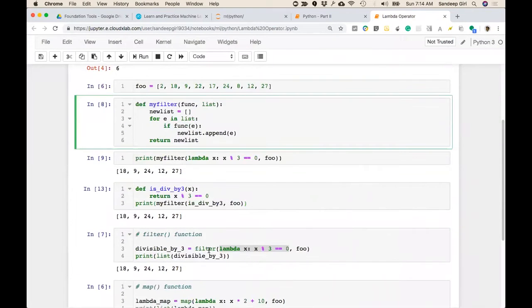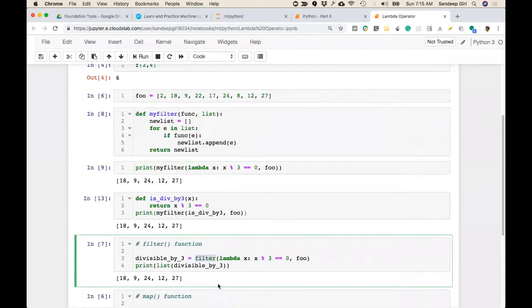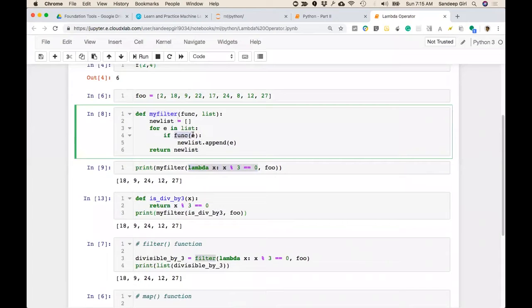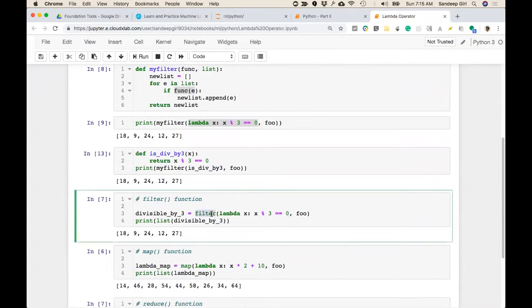So what we try to demonstrate is that whatever this filter is doing, it's not that big a magic. We could take another function as an argument and we could execute it. You can see it's so simple to execute it. Just put round brackets on that variable name and execute it. So Python provides these wonderful functions like filter in case you want to go over a list and gather only the elements which are qualifying a particular condition. In those cases, we have a filter function which will take a condition or a filter function from you